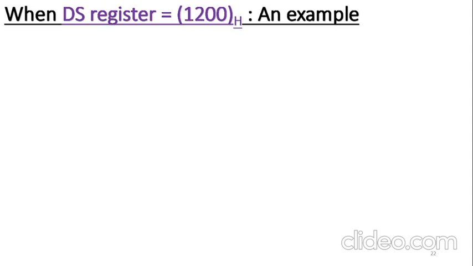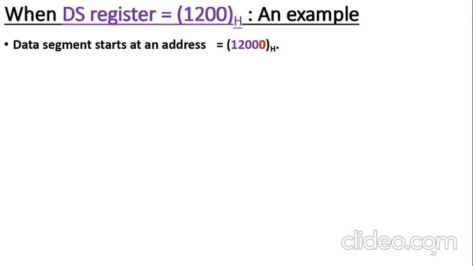Now let us start here. What happens exactly whenever segment register is loaded with certain value? Here is an example. When data segment register is loaded with 16 bits of value, that is 1200 hexadecimal. We'll see what happens here in this particular example. Once that data segment register is loaded with 1200 hexadecimal, that data segment starts at an address, physical address, that is equal to